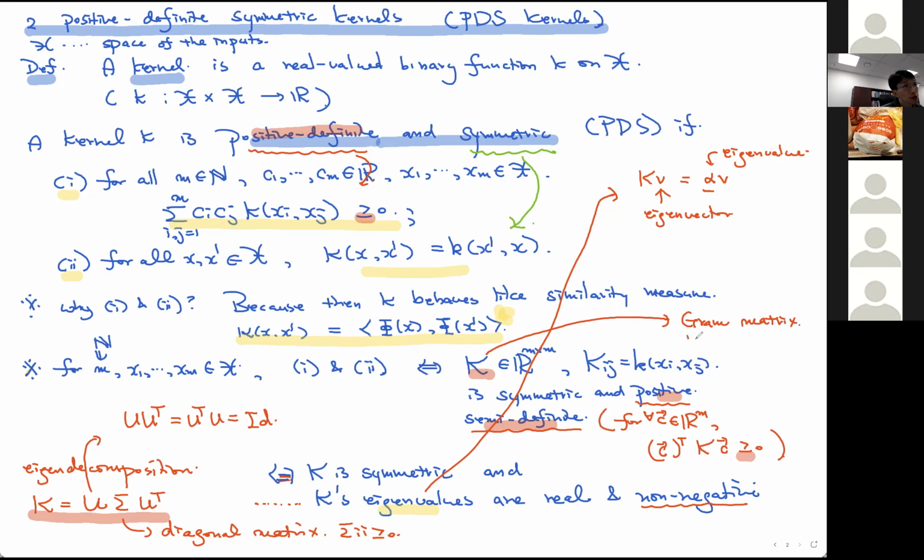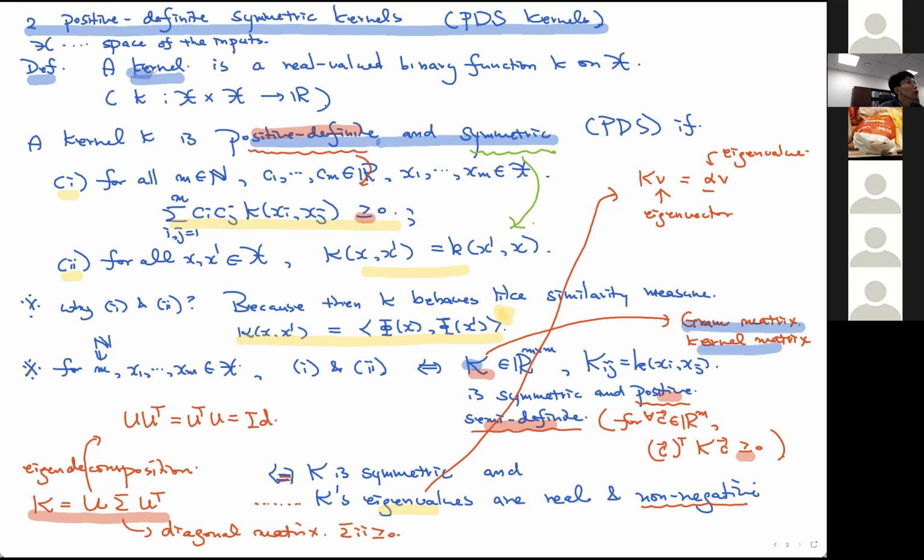Sometimes called the kernel matrix. So the matrix of the kernel with respect to the inputs x1 up to xn. This is the name that appears often. Okay, so just to sum up, the kernel is